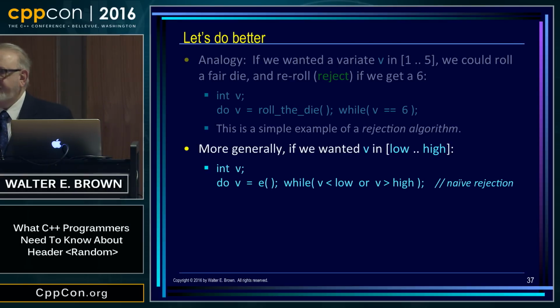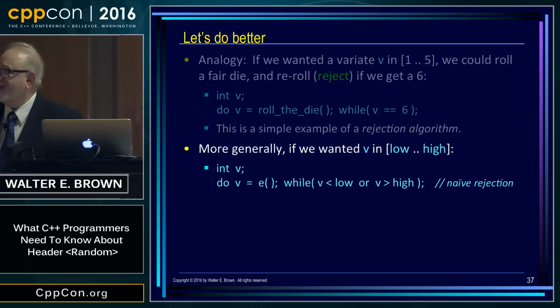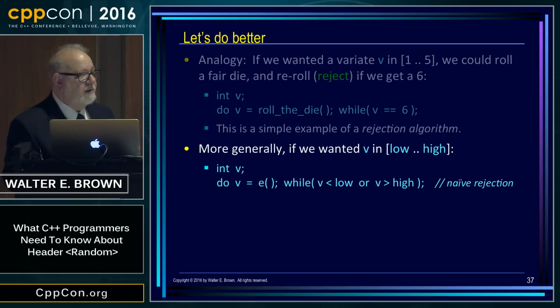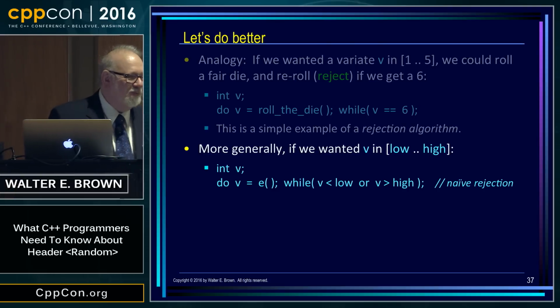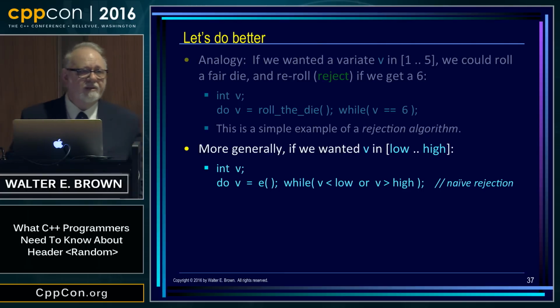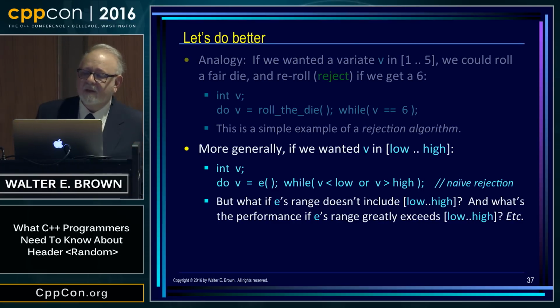Then here's sort of the obvious, I've labeled it naive way to do rejection. Call the engine, which you already know is the wrong thing to do, but call the engine. And if what you get isn't within the range you wanted, reject and go back and do it again, right? Oh, there's so many things wrong with this. I'm just going to give you a small, tiny sample of the things you haven't thought about, that we haven't thought about yet. You may have.